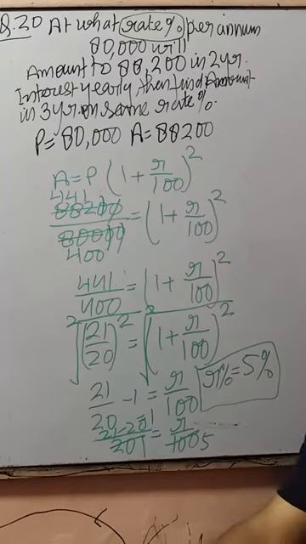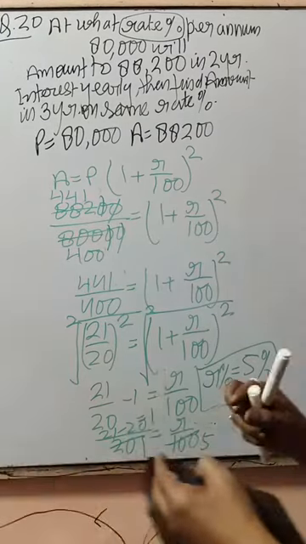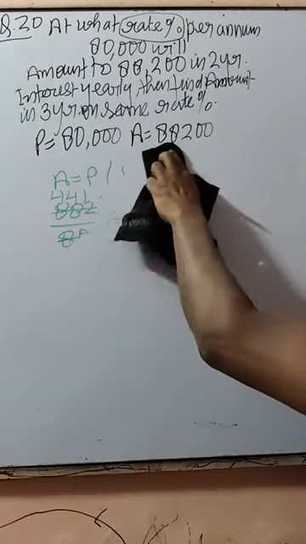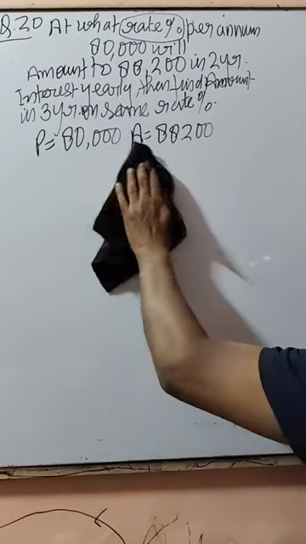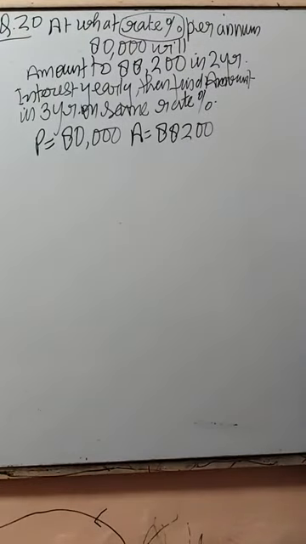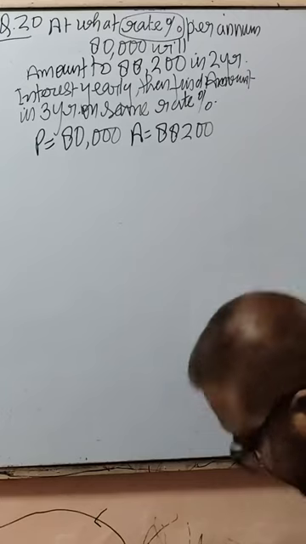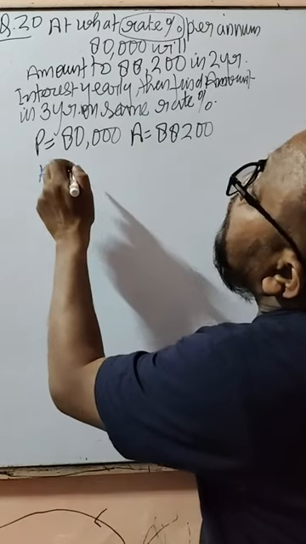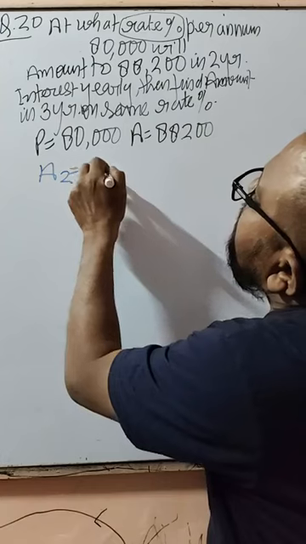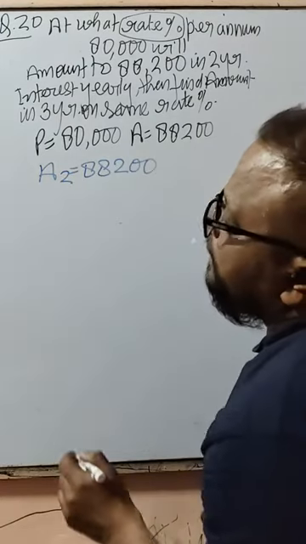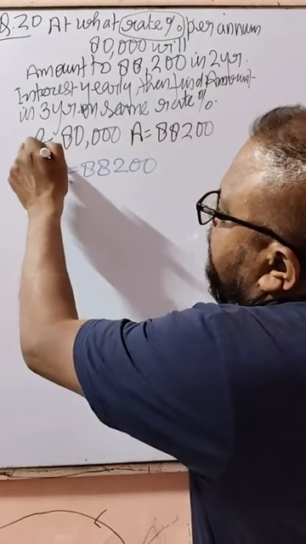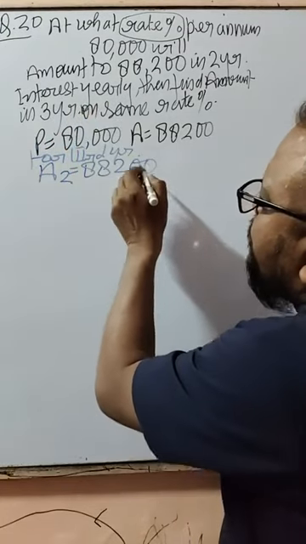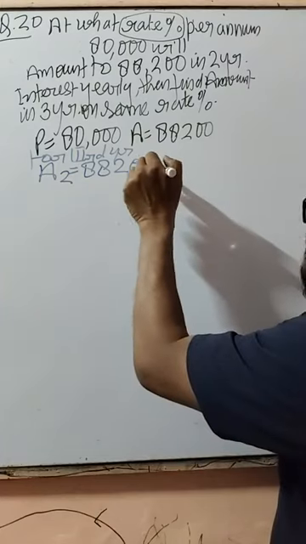A2 is equal to how much? 88,200, right? For third year, A2 is equal to 88,200 is equal to P3,